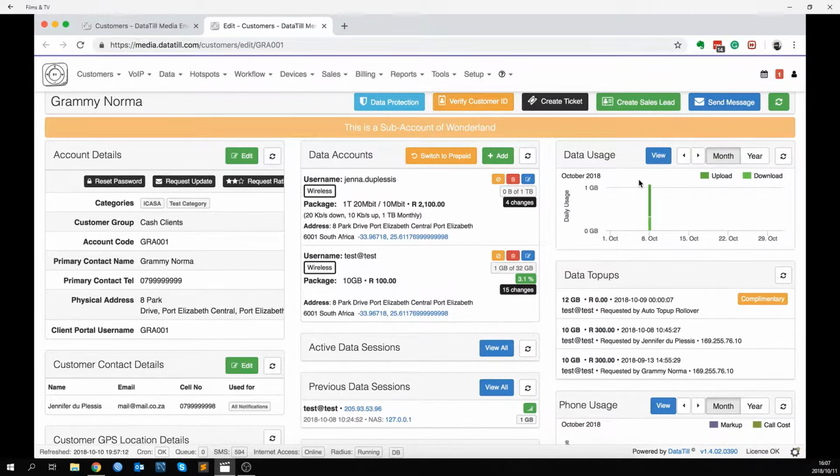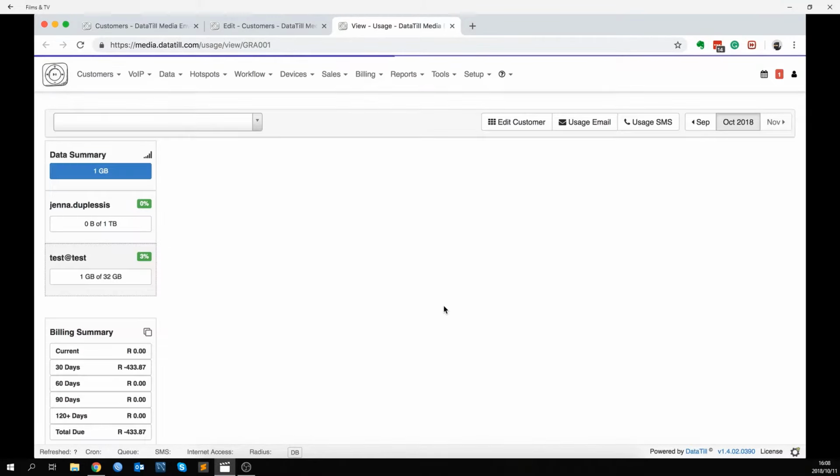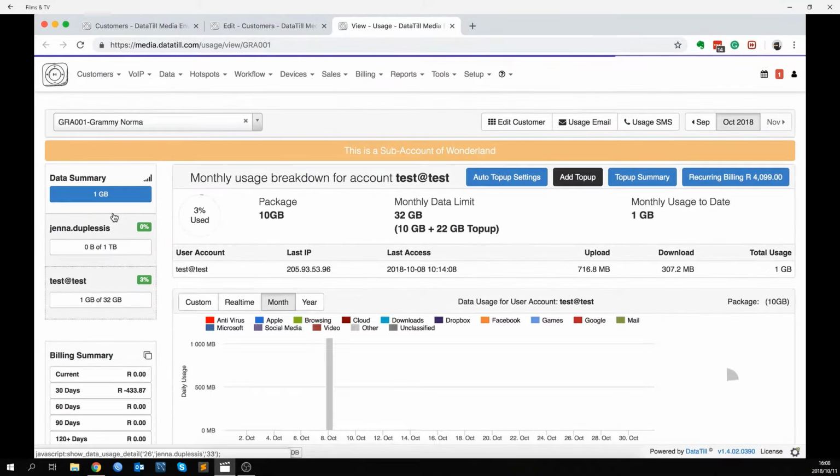Then next we have our data usage. So if we click on this View button, it will open a new tab. Here you will be able to switch between the different data accounts linked to the specific customer. You will also be able to view information such as the percentage of data used, and on what package this customer is,